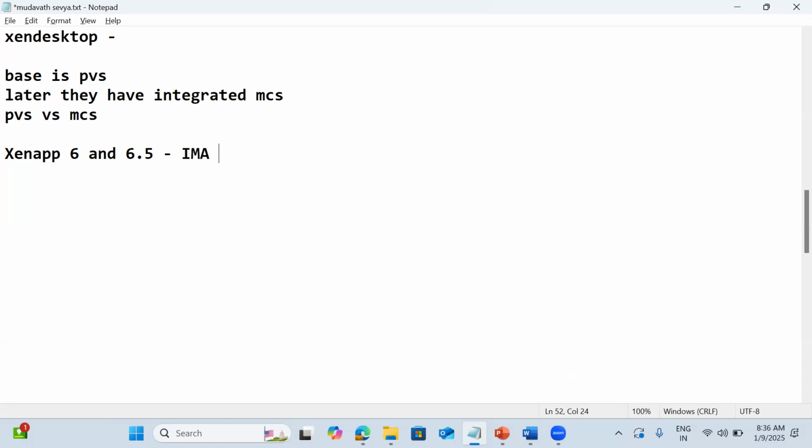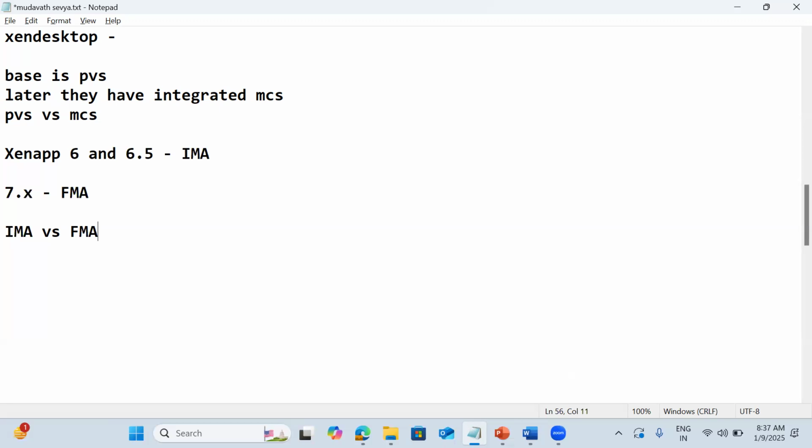But from 7.x we don't have IMA. Now that is called FMA, FlexCast Management Architecture. Even the differences between IMA versus FMA, which is XenApp 6.5 versus 7.x, we need to explain: what major changes were performed architecture wise.